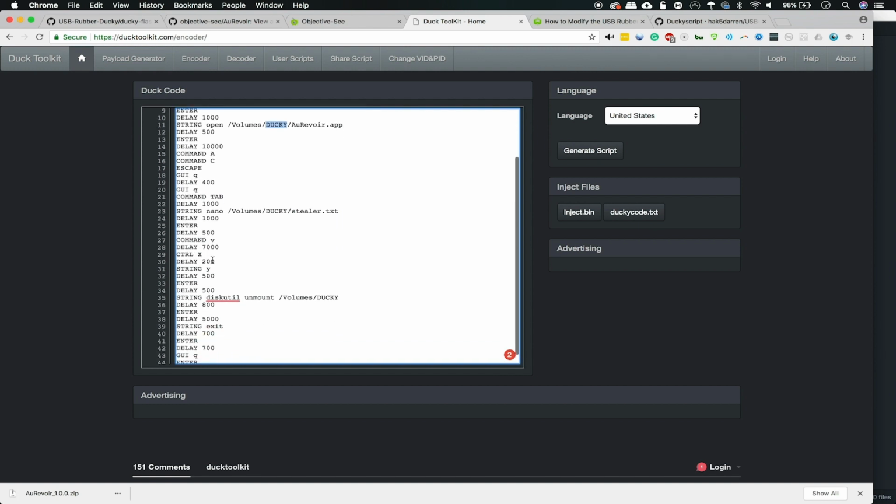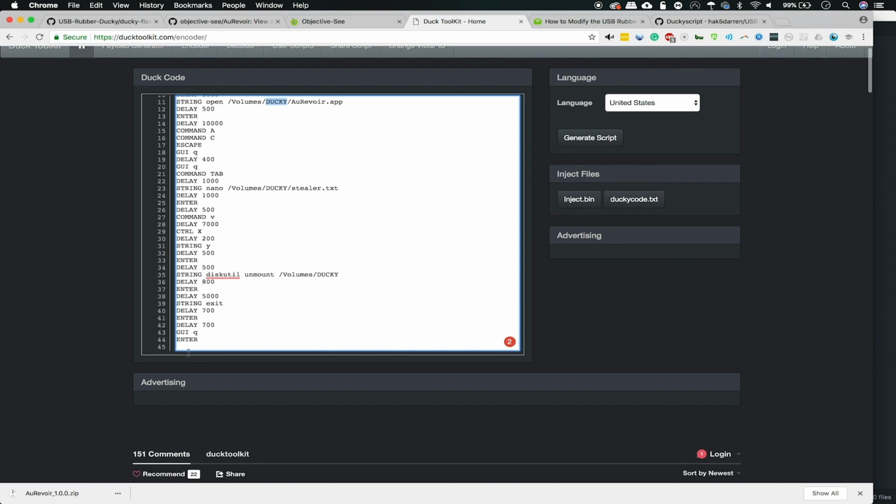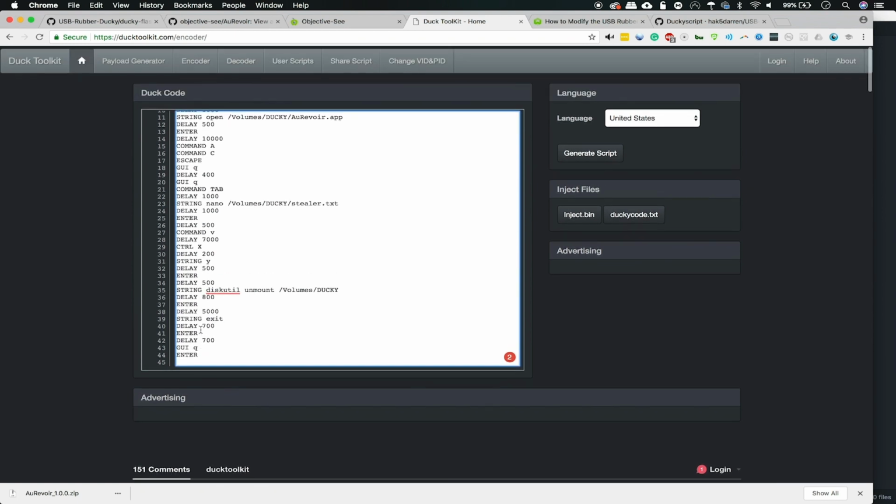It'll paste the conversations that we've intercepted into this window and then save and exit and begin taking care of the final step, which is cleanup, to make sure that we don't leave any windows open on the target system. We'll unmount the USB Rubber Ducky, and finally we will use the exit command to clear the commands from the terminal history so the user that owns the computer can't see that we've been in there making different commands. And finally, the last step is to use the GUI key combination of keystrokes to actually exit out of the window and leave nothing but an empty screen.